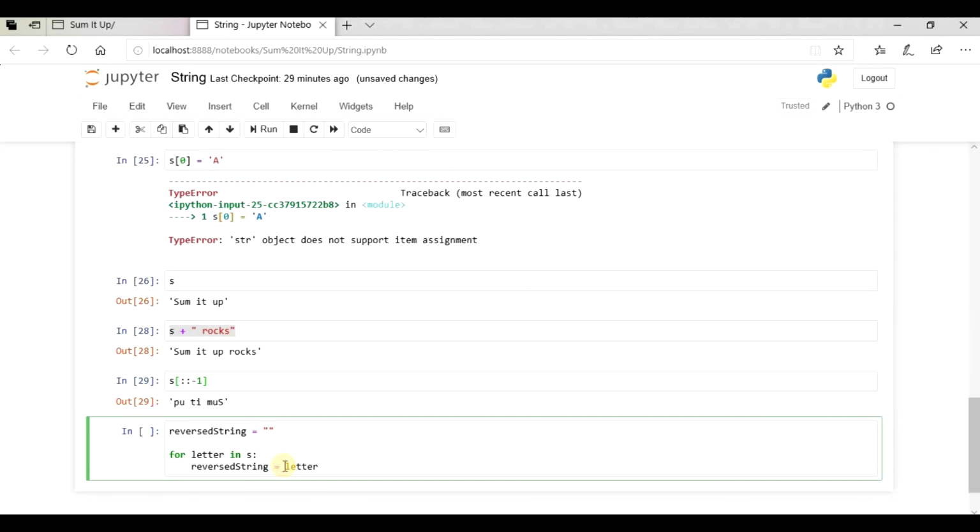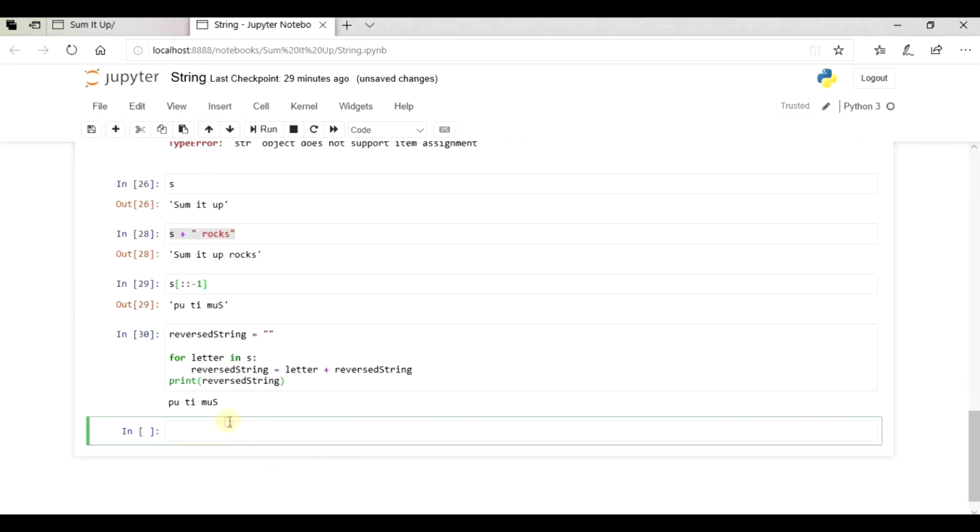What you can do is simply do reverse string equals to letter plus reverse string, and just print reverse string. Just hit shift enter. See, it gives the same result. So how is it happening?